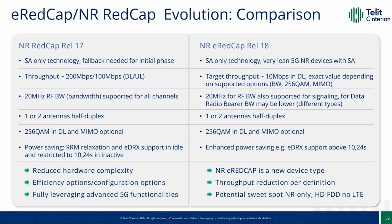So just looking at a table comparison between RedCap Release 17 and Release 18. So both need standalone. So that's why Release 17 will have fallback. Release 18, when it's being launched, might also have fallback, of course, not such a heavy fallback as here, where we need LTE Cat 4 to maintain the overall performance picture. But Release 18 RedCap will be in the sweet spot with, of course, standalone networks, because then the design can be made very lean and very efficient, and it can really go lower and also be an alternative to some LTE-M applications or